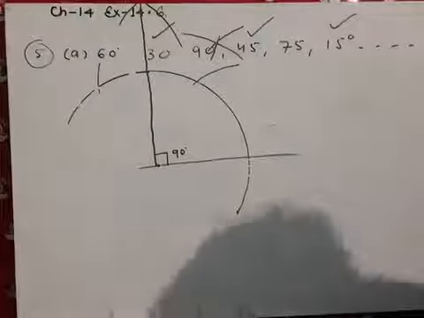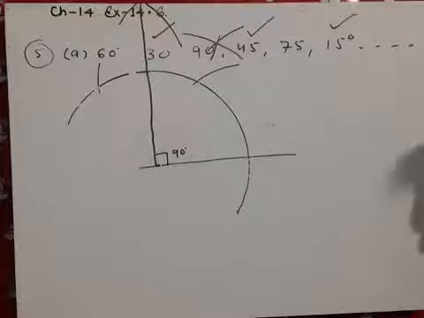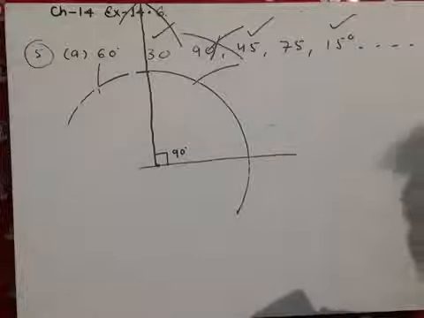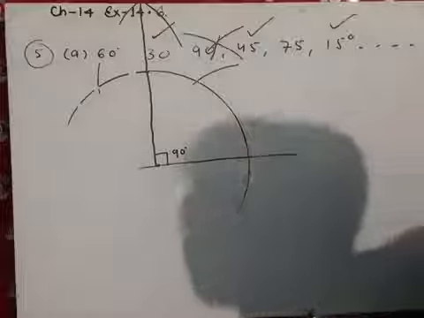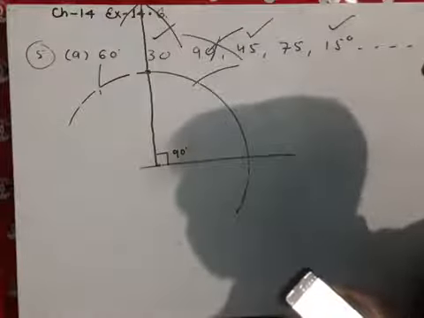In your book, the questions are given. The question is asking you to draw angles of 60 degrees, 30 degrees, 90 degrees, 120 degrees, 45 degrees, which I told you. Now the question is saying 135 degrees. So how will you get 135 degrees? After getting this point, 90 degrees is completed.